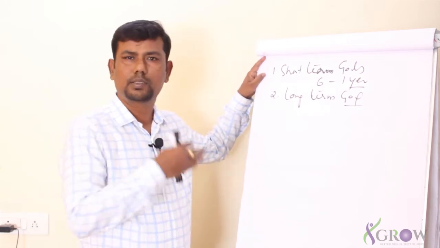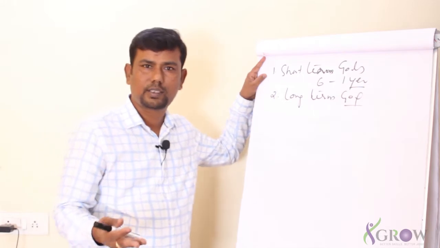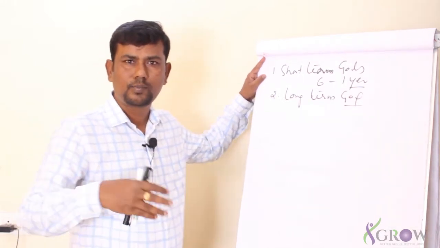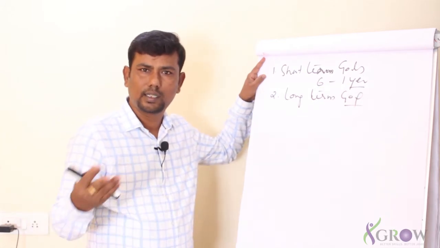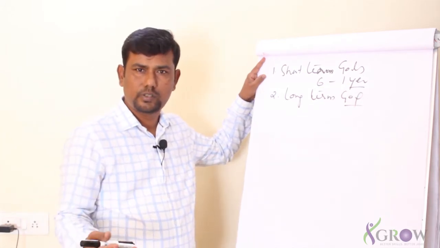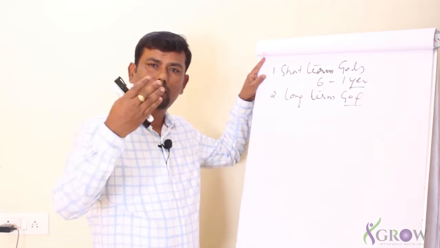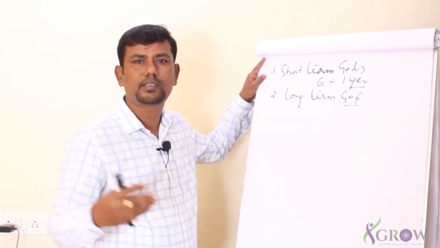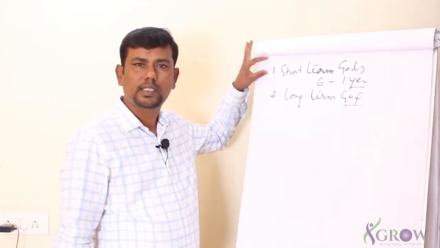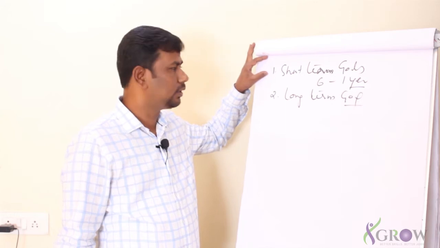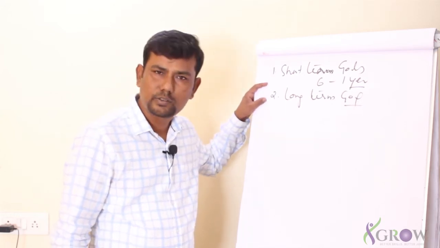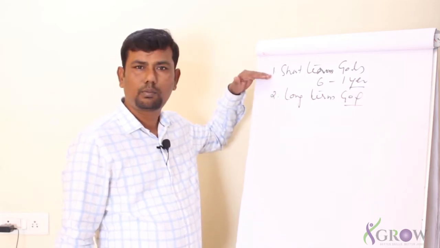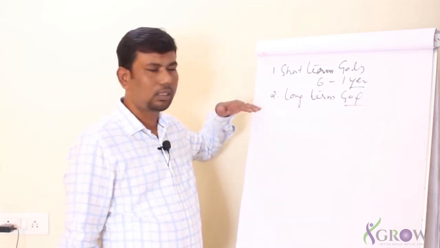So to bring some analogy, in any university, for example, if you want to complete your 4 years of BTech degree, or 2 years of any other degree like MSc, or 3 years of graduation, then the government of India by default has actually broken them into various semesters. So you complete first sem, second sem, third sem, fourth sem, fifth sem, like that, then you will complete your entire graduation or PG, whatever it is supposed to be. So that's a simple thing about short-term goals and long-term goals.